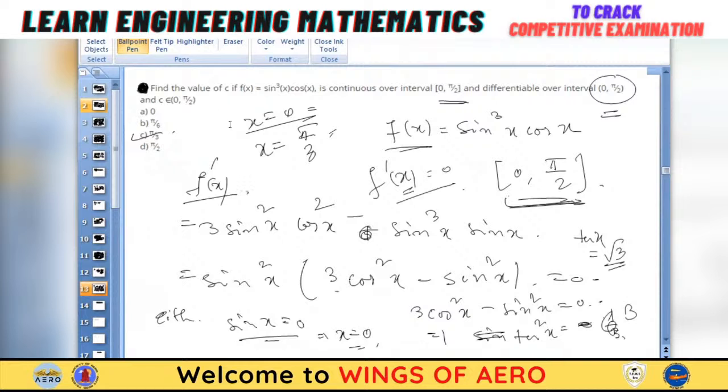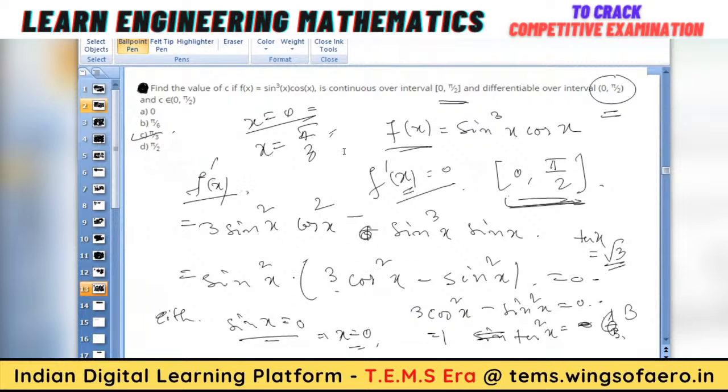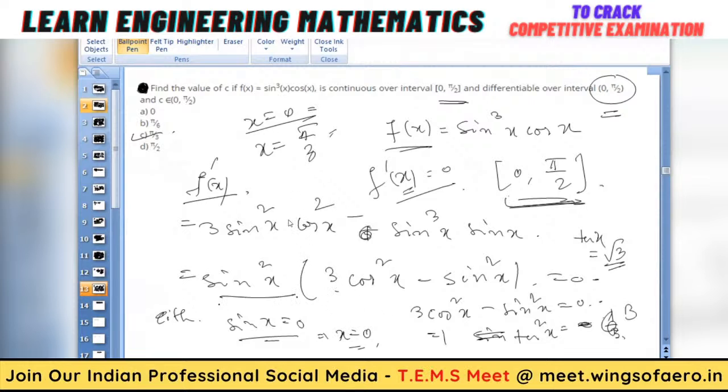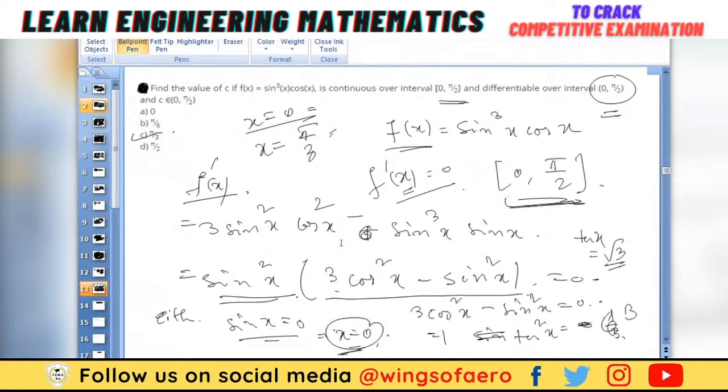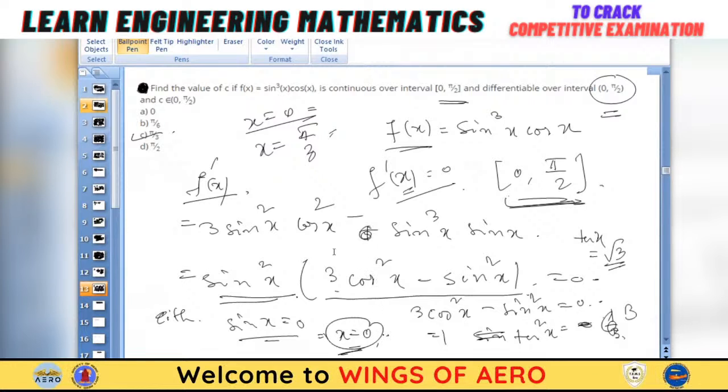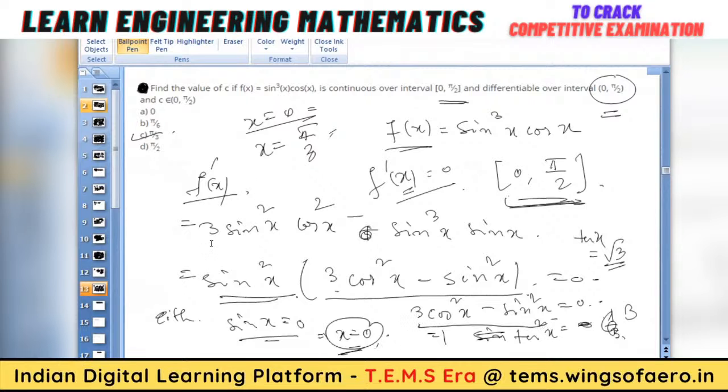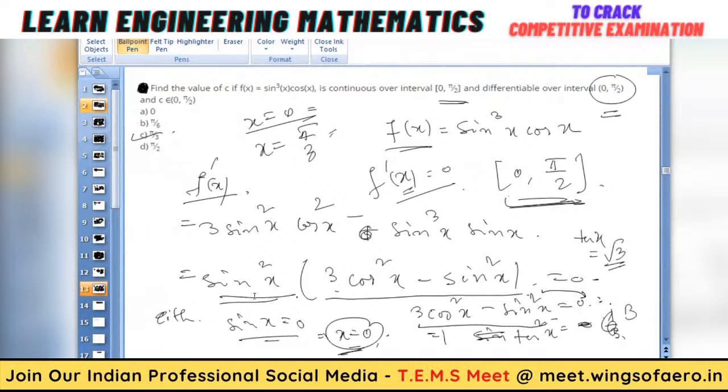Just simply take the derivative, and after taking the derivative, put sin square x common. After taking sin square x common, we are left with a simple simplification, and this is equal to 0. So either sin square x equal to 0, which means x equal to 0 is one point at which the derivative is equal to 0. And another one is this one. If I simplify this, taking sin square x to the right hand side and dividing by cos square x,